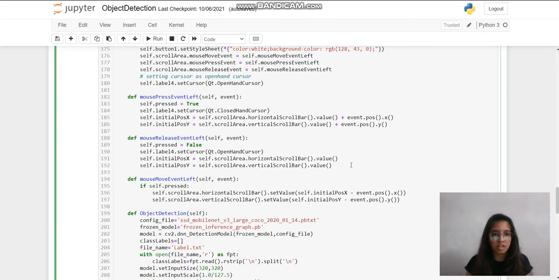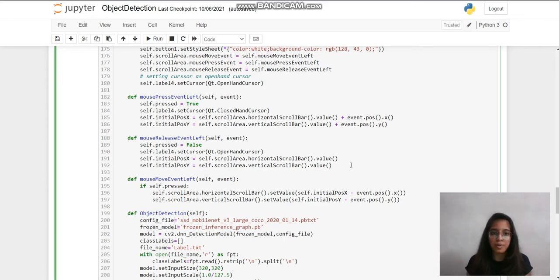Then I have defined three functions: mouse press event left, mouse release event left, and mouse move event left. Mouse press event left will detect if the mouse is pressed or not, and will initialize the x coordinate and y coordinate accordingly, like what is the current value of the horizontal bar and where the mouse is pressed right now.